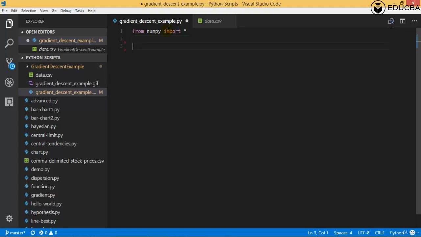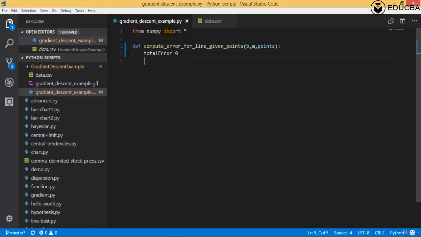This will have the computation defined as def compute error for line given points, and then come the values b, m, points, and then taking up a value with respect to compute errors, like total error